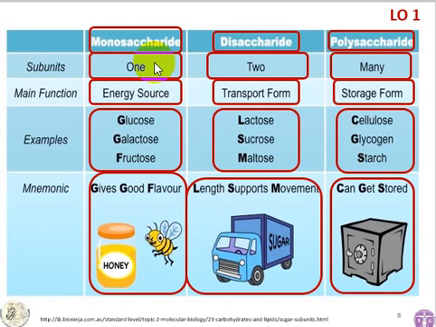This slide shows the difference between the 3 types of the carbohydrate: monosaccharide, disaccharide, polysaccharide. The difference is in the subunits. Monosaccharide has 1, disaccharide 2 subunits, while polysaccharide contains many subunits. The main function of the monosaccharide is for energy source, disaccharide for transport, and polysaccharide mainly for storage. And these are the examples: monosaccharide glucose, galactose, fructose; disaccharide lactose, saccharose, and maltose, while polysaccharide like cellulose, glycogen, and